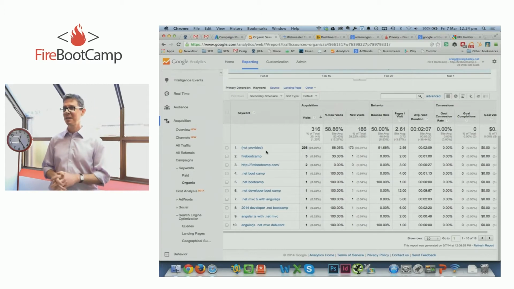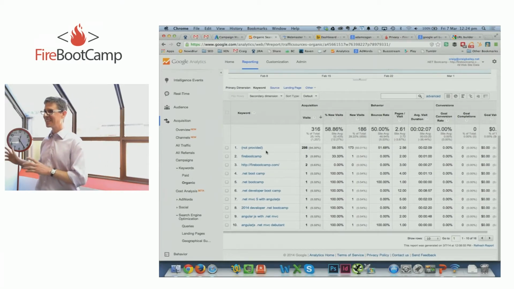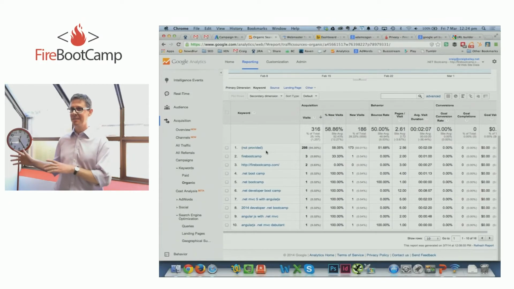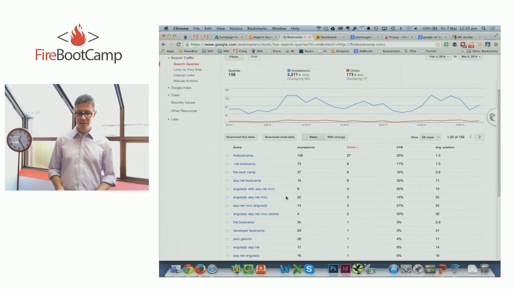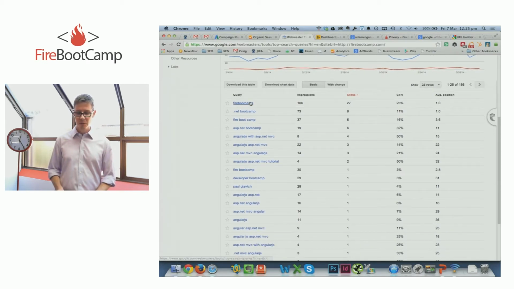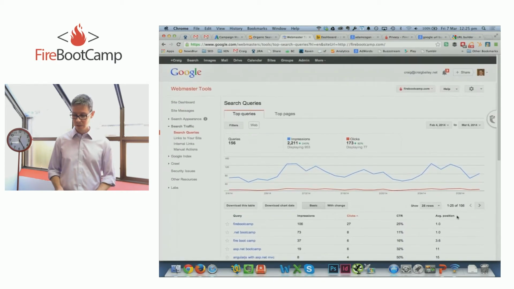I won't go into the whole discussion of how frustrating and annoying that is, and how lame their reasons are for doing it. I'll just say it's a fact. You can see here there's only 20 or so visits that we got any keyword data for, and it's almost not useful. It's all been lumped into "not provided." So this is another area where Google Webmaster Tools does give you some insight into the terms that you're ranking for, because there's an average position here, the clicks you're getting, and it'll even show you,